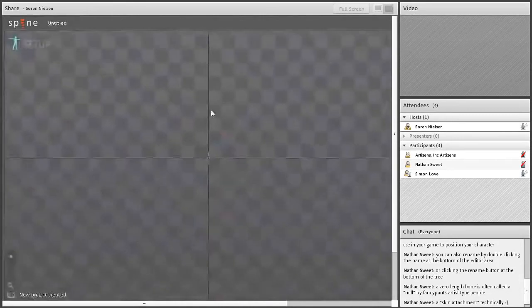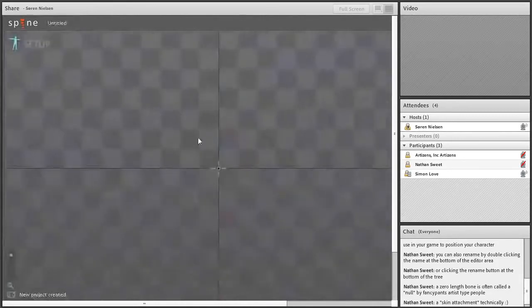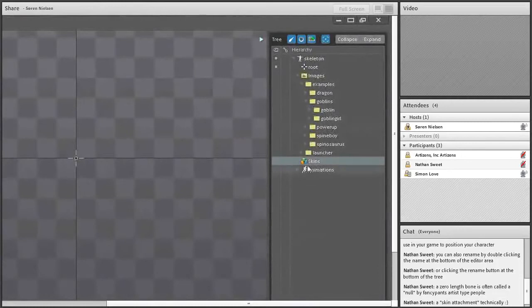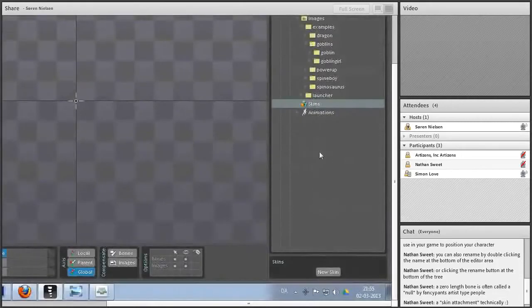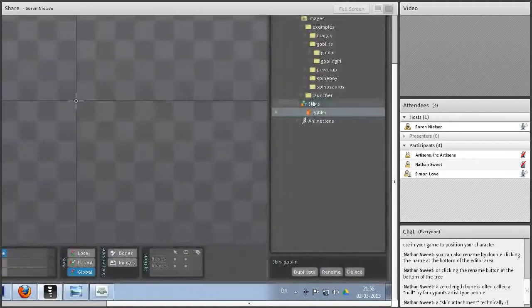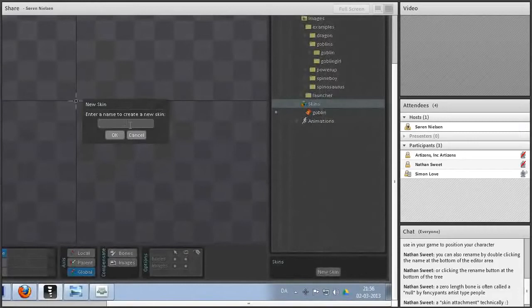But I'll use the goblin images for this. So I'm just gonna find this here, and we're just gonna use the root bone. So the first thing you do is you create a new skin, and you just select the skins node here. Create a new skin. And we're gonna call this one goblin, and then another skin. Call this one goblin girl,